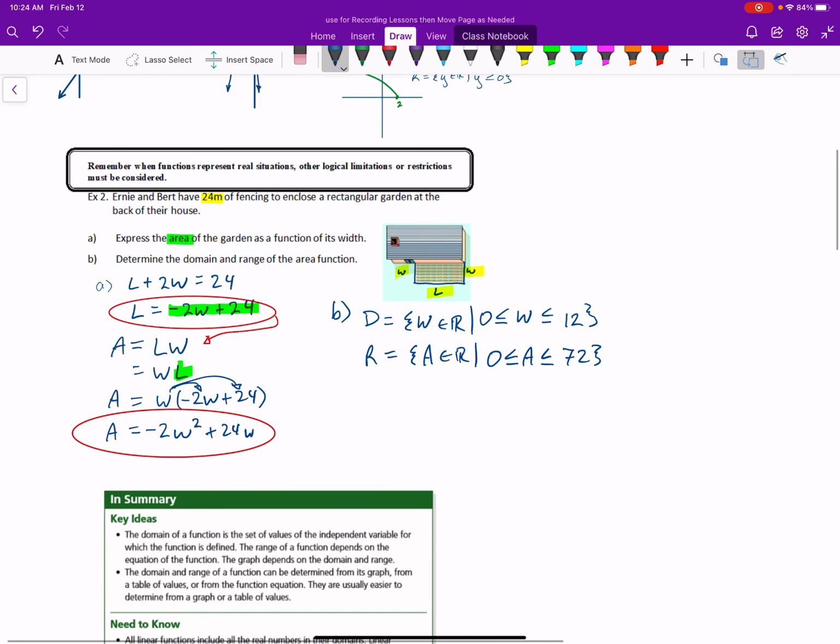So, just to sum up, when we're doing domain and range with equations, if at all possible, look at the graph. If you're just doing homework, you could always type it into Desmos and see what it looks like, but you also need to consider